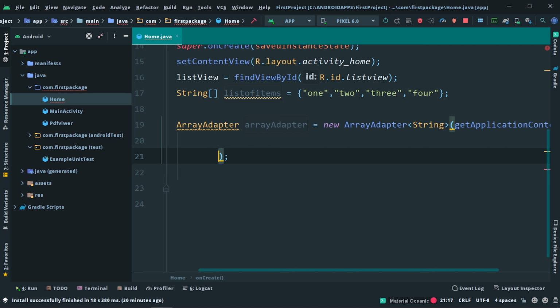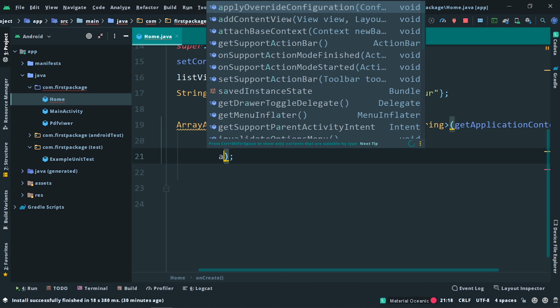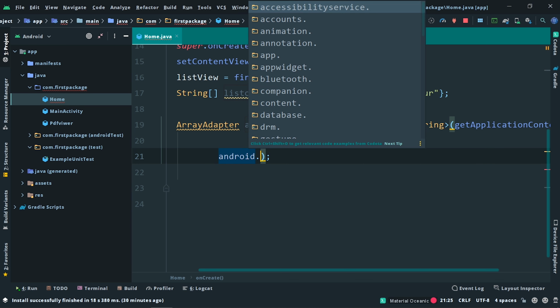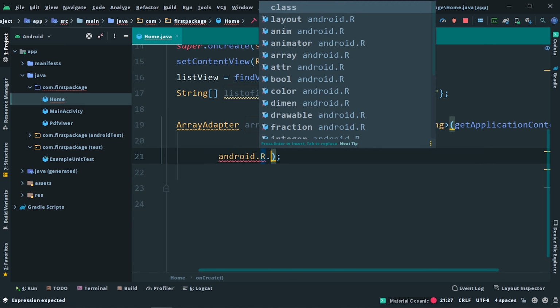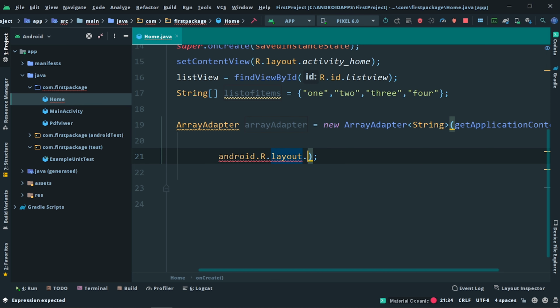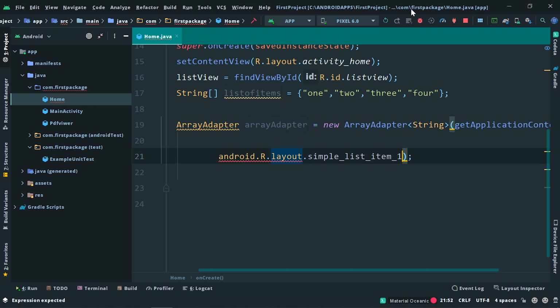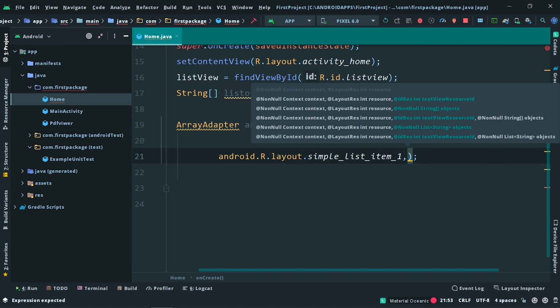For that we need to use the layout which is provided by stock Android. In order to implement that, type android in small letters, then R.layout.simple_list_item_1. Let me show you how it looks.